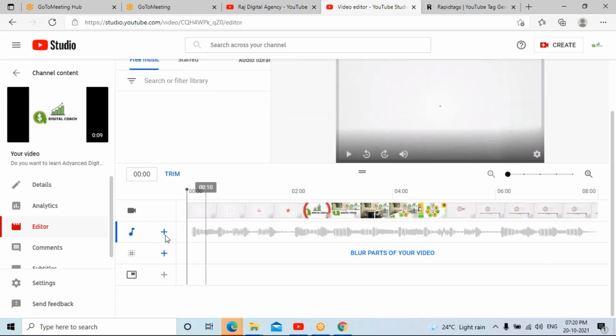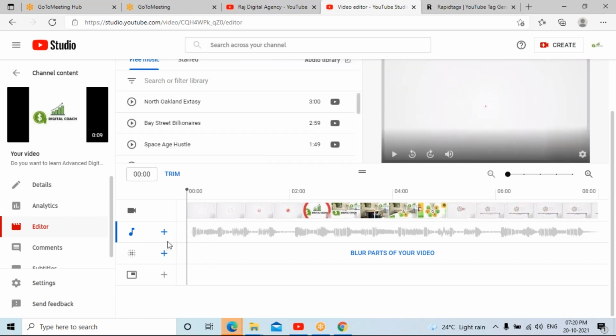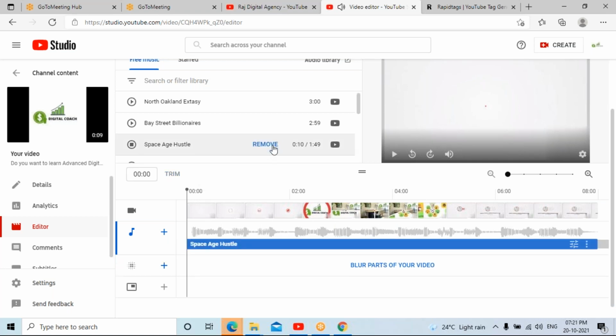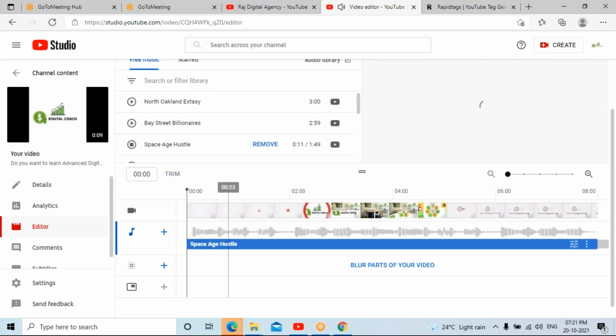By clicking on the add option, select it. You can select this and click on add. The same will be added to your video.